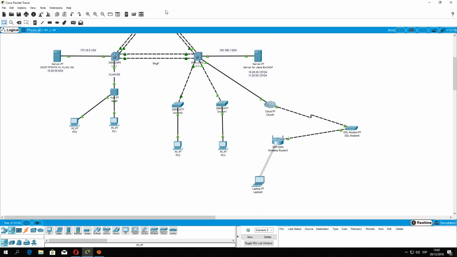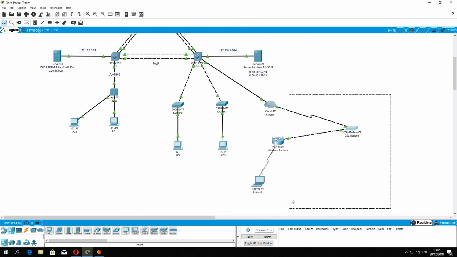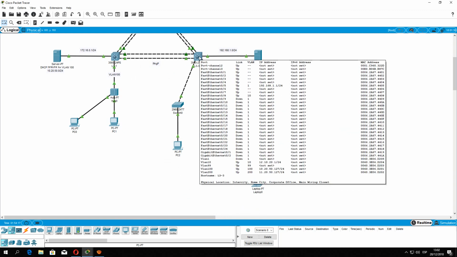Now I think, since I have already added Fast 8 to VLAN 10, it is now the DHCP server of this network. Okay, why I didn't want to add this to VLAN 200, that's because I don't want to have loops,